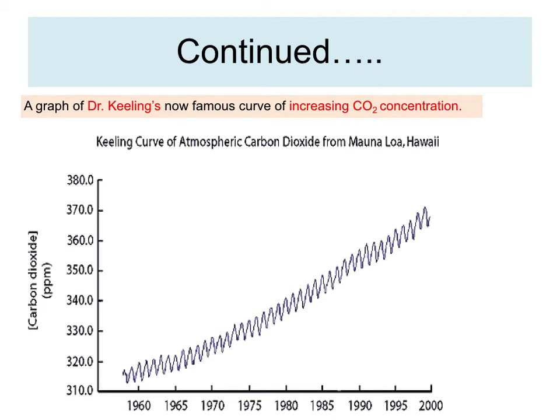And you can see the graphs here. This is a measurement made at the station on top of Mauna Loa in Hawaii. You can note carefully how the magnitude increased from 1958 to the present. All the ups and downs are there, which is naturally expected in every season throughout the year, summer, winter. But overall the trend has been on a rise.